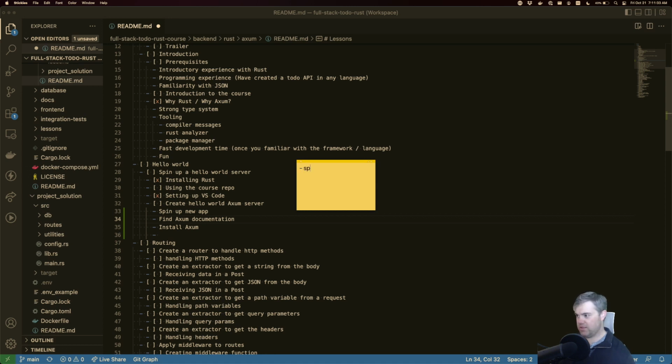So: spin up new app, find Axum docs, install Axum, install Tokio. Okay, so with install Tokio, we also need